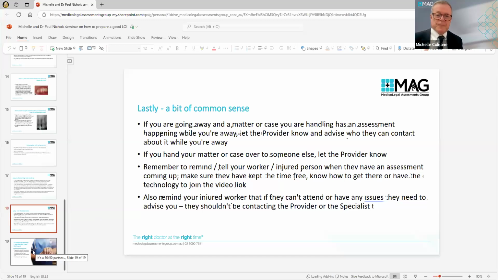Also, if the appointment has been made 3 months in advance, ring the expert's office 2 weeks before just to make sure that the secretary hasn't double booked or it's been lost or the computers went down and it's all a mess. If you're going direct to the specialist, that's probably a very good idea.